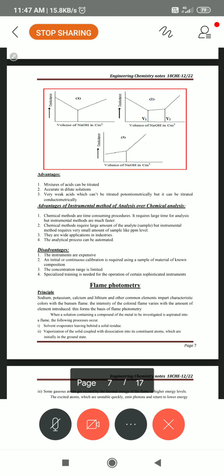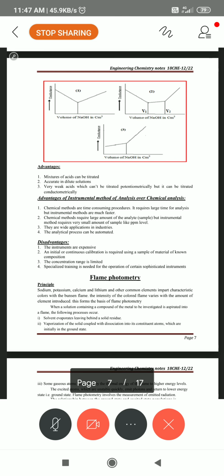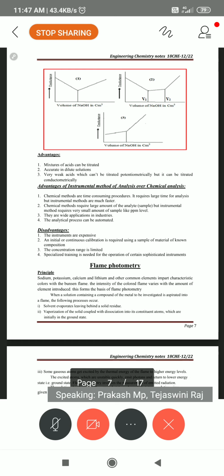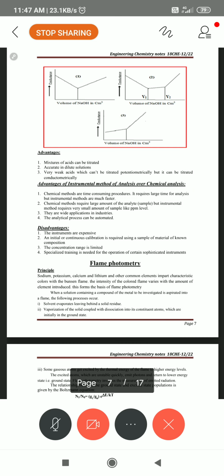If 10 is there, that is 10 ppm, 0.1 milligrams of potassium is dissolved. If 20 is there, 0.2 milligrams of potassium is dissolved in 1 liter. If 50 is there, 50 milligrams is dissolved. If 100 is there, 100 milligrams is dissolved in the given water sample. So very clearly you got it. You plot that unknown solution's reading on the y-axis, it comes across the calibration curve corresponding to the x-axis. Immediately you can note it down; there is no calculation at all.